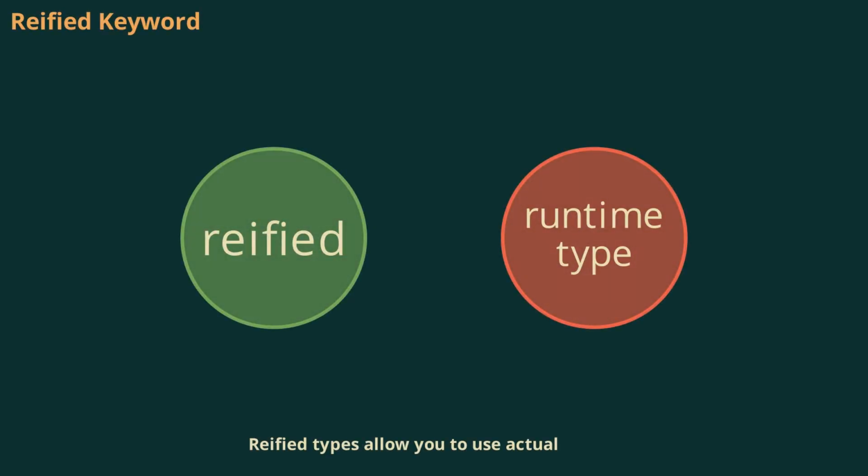Reified types allow you to use actual type information at runtime within inline functions. Normally, type information is erased at runtime, but reified keeps it accessible. This is especially useful for tasks like JSON parsing, type checking, and dependency injection. By marking a function as inline and using reified, you can work with generics more effectively, simplifying code and enhancing